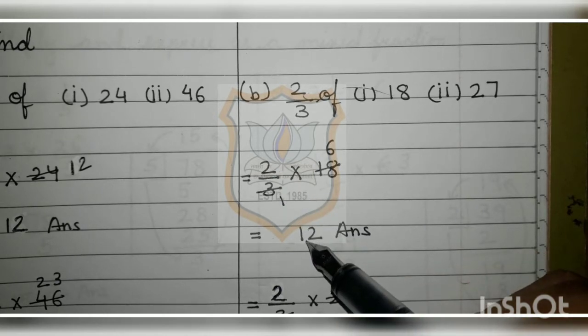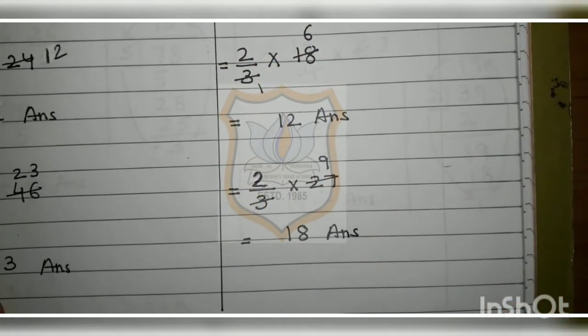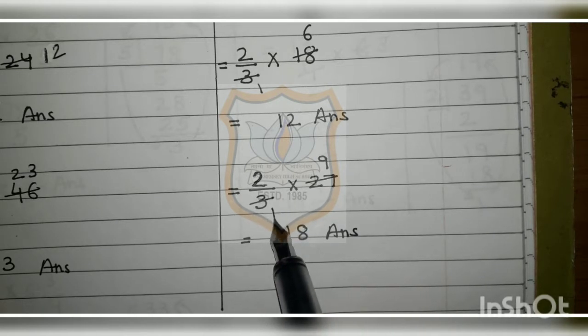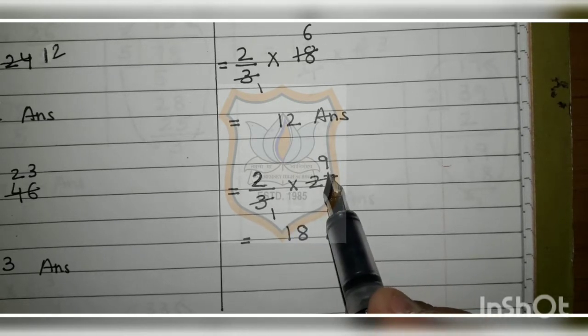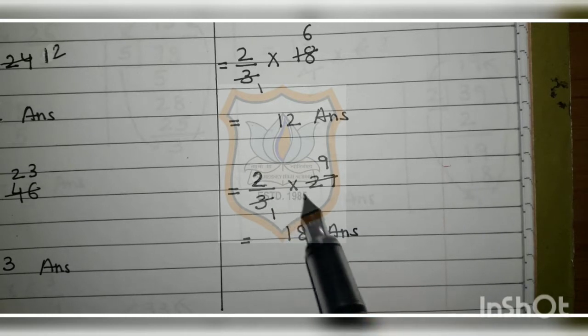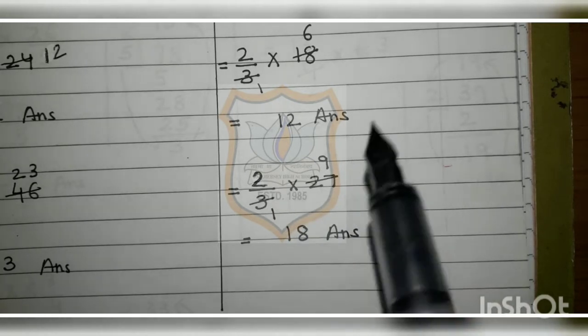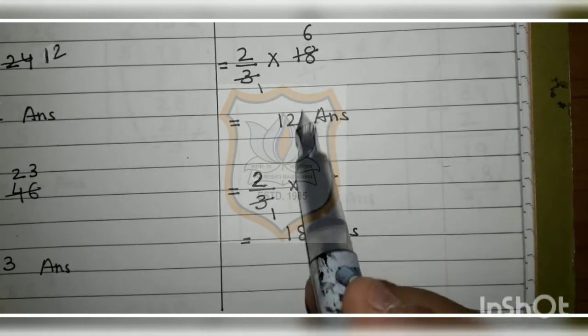So answer is 12. Now the second is 2 upon 3 of 27. In place of "of" I have put multiplication sign. So 3 ones are 3 and 3 9s are 27. 9 into 2, that is equal to 18. So answer is 18. So we can see that 2 upon 3 of 18 is 12 and 2 upon 3